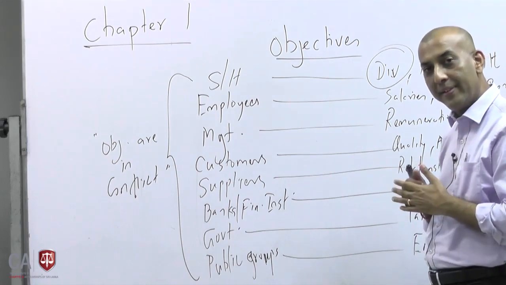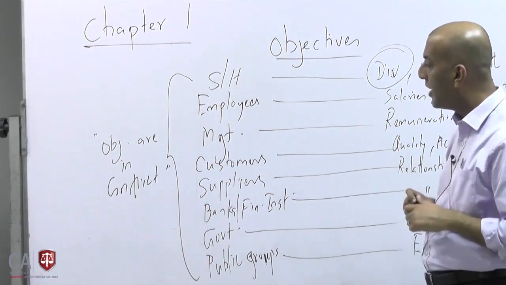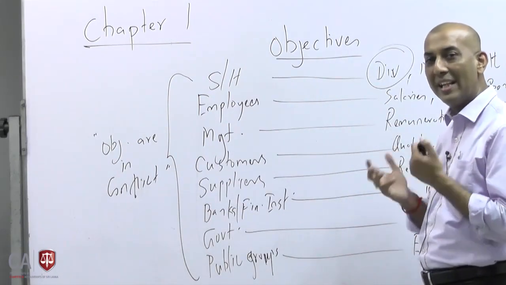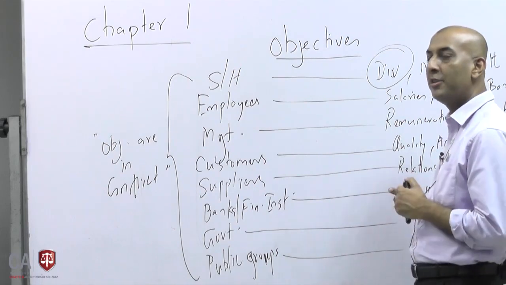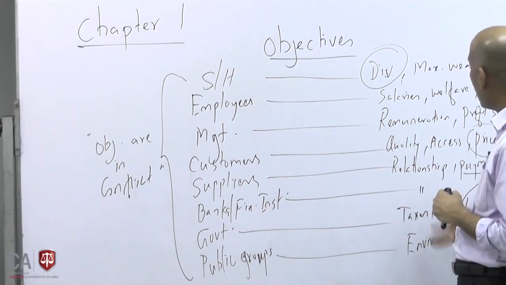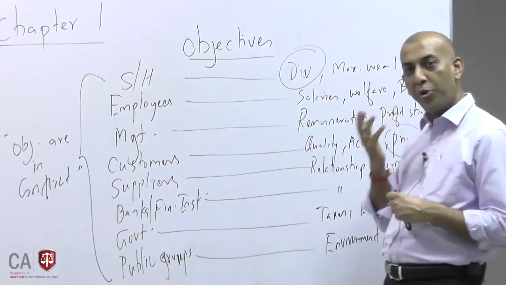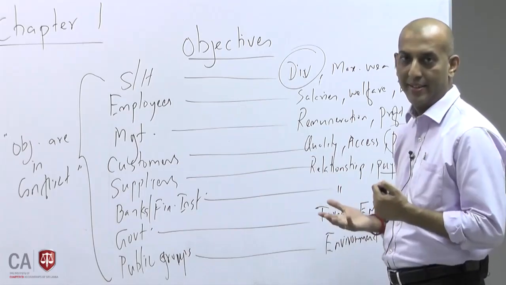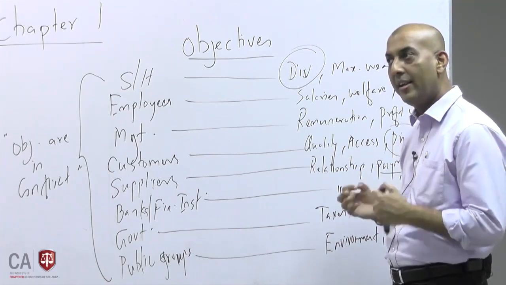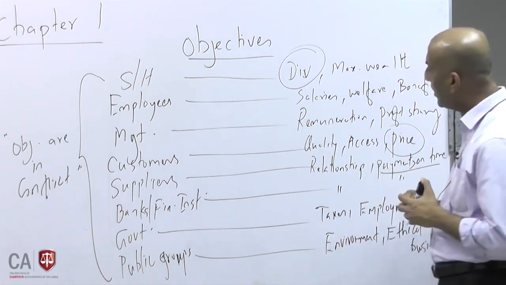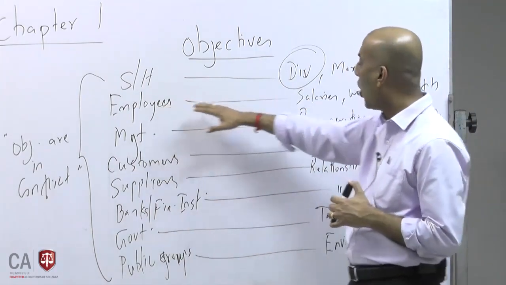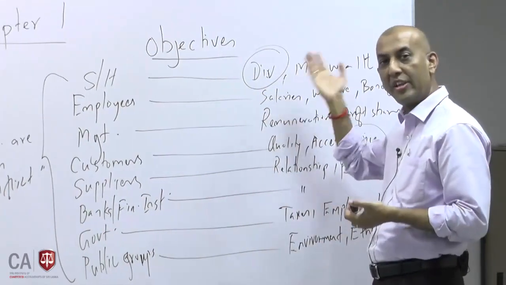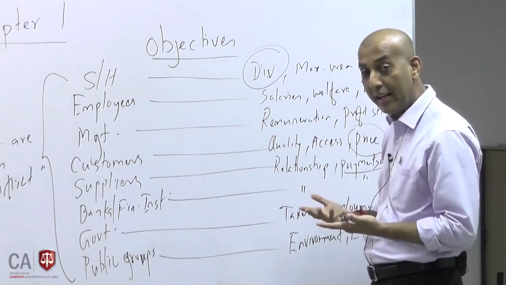So what's going to happen? If the objectives are not in one direction and they are in conflict, now you need to decide, how do I balance this? So in financial management, we need to first understand these objectives, and we need to make sure that all these objectives are reasonably balanced. Why do I say reasonably balanced? You cannot satisfy all the objectives of employees. If you are going to satisfy all the objectives, shareholders' profits will come down. So shareholders may not be liking it.